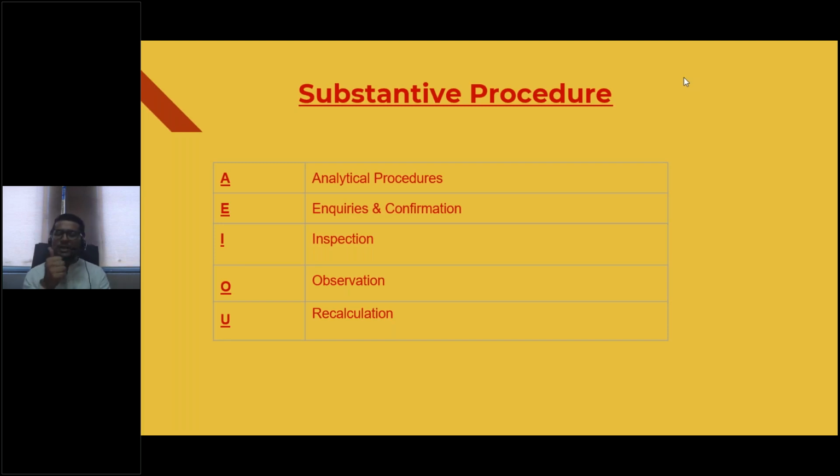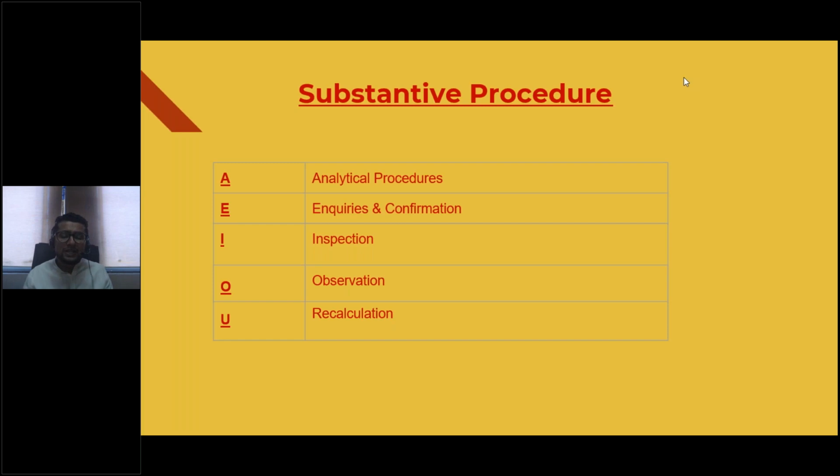So I would like to select a sample of non-current asset from the non-current asset register. Now I've selected the sample from the non-current asset register, but I would like to make sure that all those things which are incorporated in the non-current asset register, they do exist in the premises, in the factory or in the warehouse, whatever. So I need to inspect those assets now. So inspection of the assets, and the other way around, you might want to select a sample of assets which are present in premises, and you might end up inspecting the tangible assets against the non-current asset register.